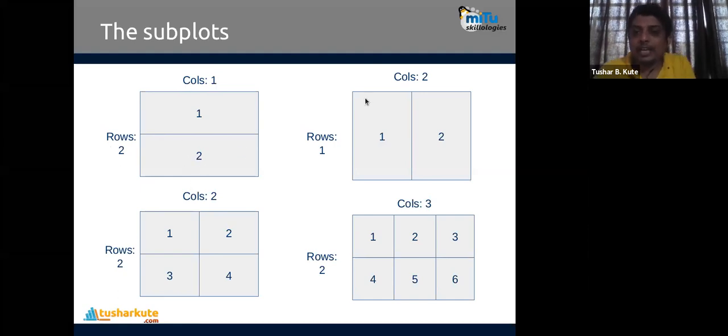Okay. If I want to draw in this fashion, side by side, how many rows are there? Row is 1 and 2 columns are present in this particular part. Correct. If I want to plot it here, so row 1, column 2 and plot 1. Correct. And if I want to plot at this area, so row 1, column 2 and plot 2.